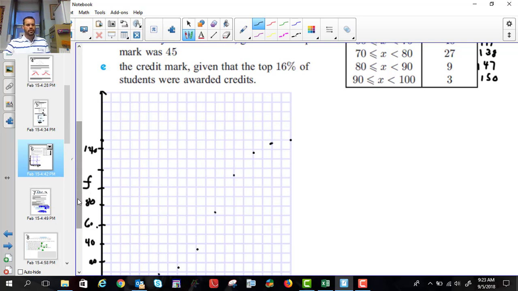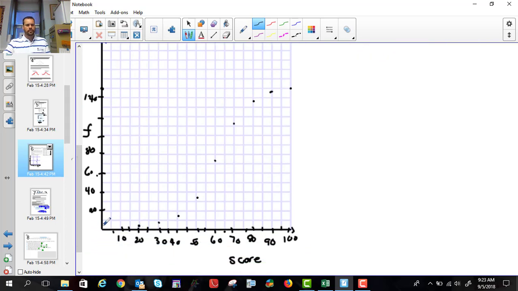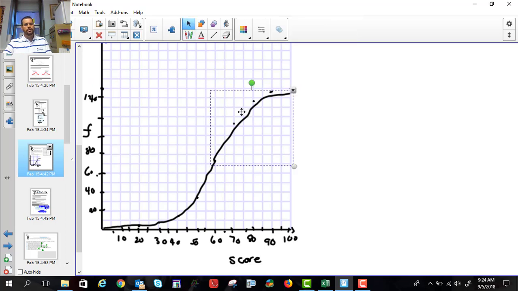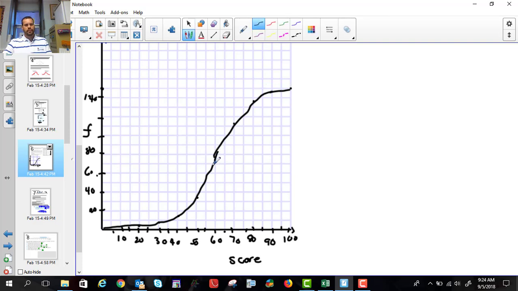And what you'll notice is I get this shape to my curve. Then I try my best to connect the dots on the curve. So I'm going to kind of curve it up. And then I missed slightly, so maybe I can just grab this a little bit up ever so slightly. There we go. And the better you do this,